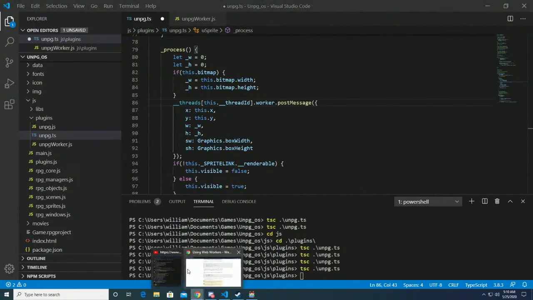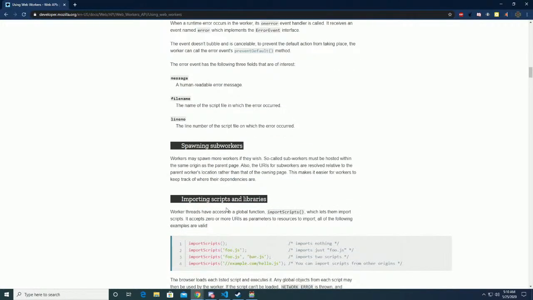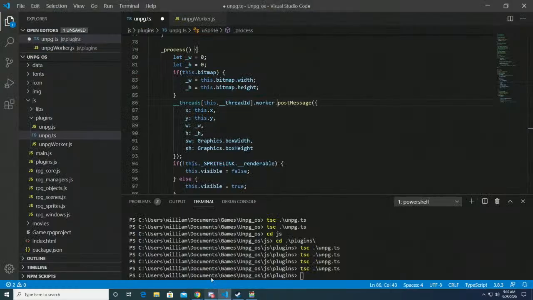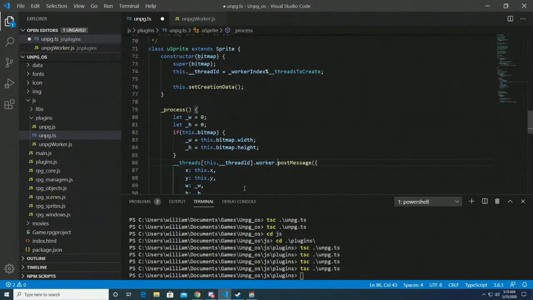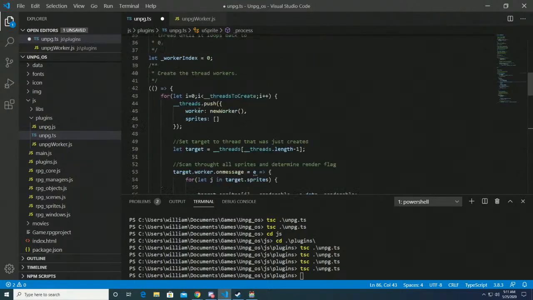Is there like a dot then for the worker thing, because that would actually help an insane amount. Oh boy, ladies and gentlemen, this is the thing. So yeah, we can send over the data, but when receiving it back,